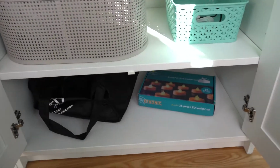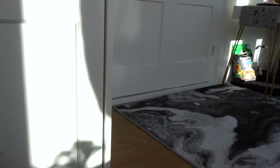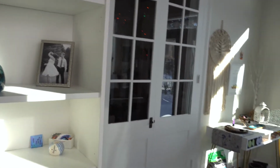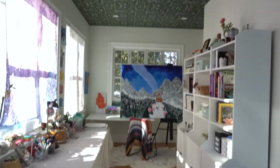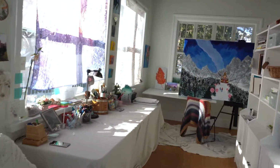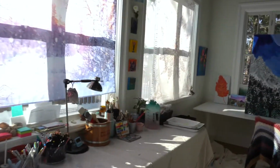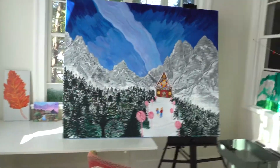And then let's see, that almost fell. I've got just extra goodies and stuff. So yeah, there it is, the big reveal. I'm so so happy to have this art studio. It's so inspiring, the place from top to bottom. I got to pick out all the stuff for it, and I just feel so relaxed but also motivated and inspired to dream up creations and all the sort,